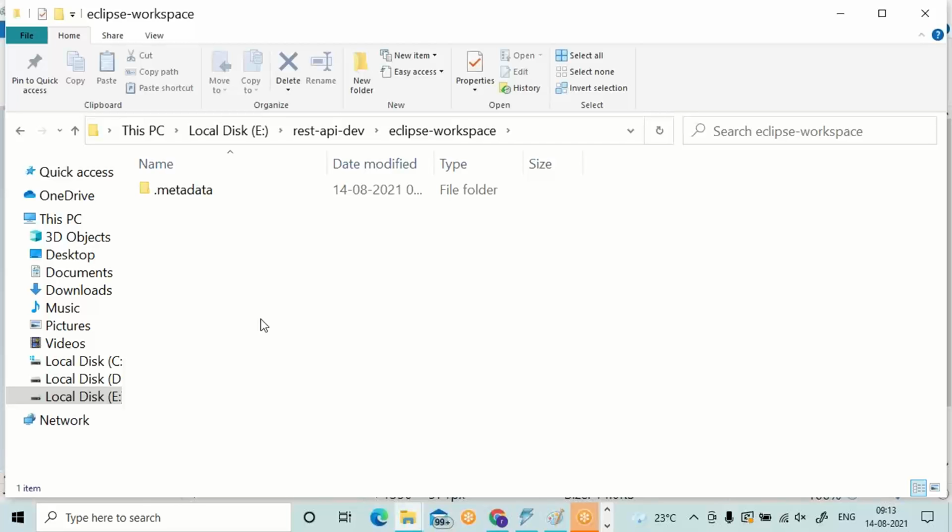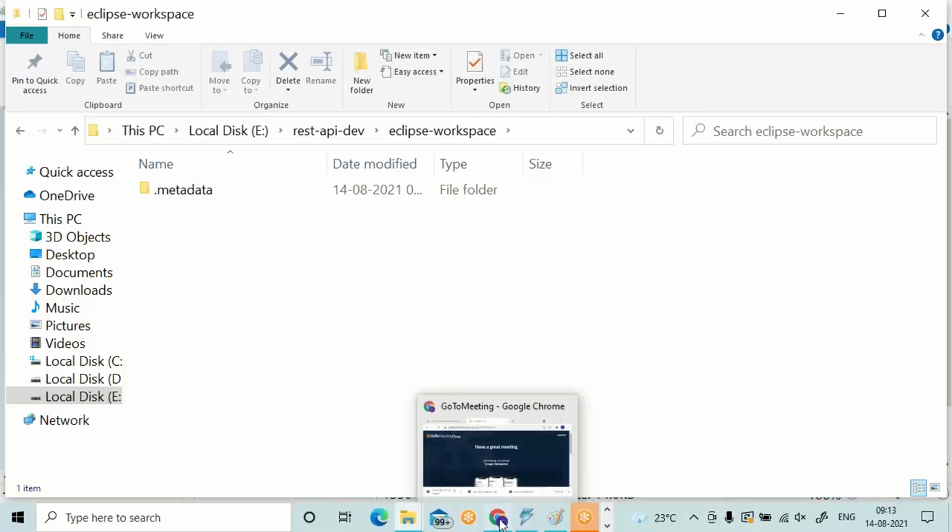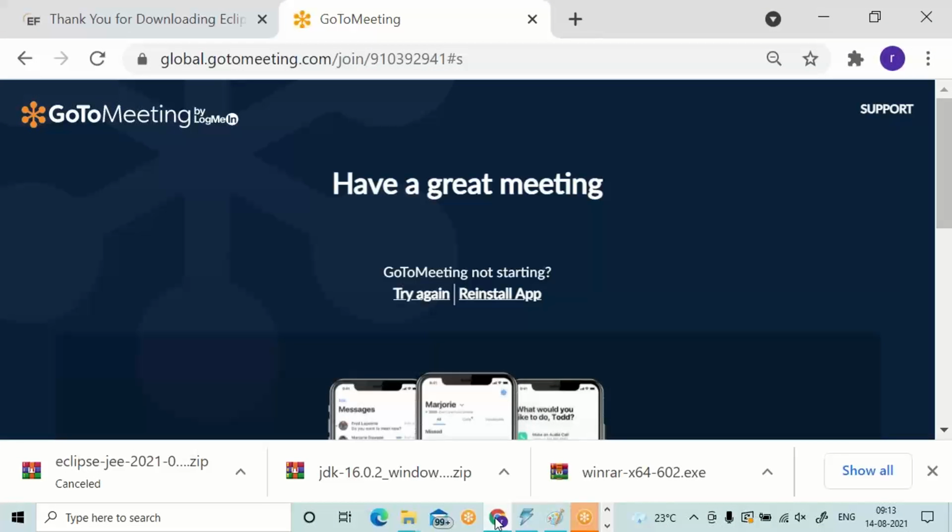Everybody, inside Spring, there is a Spring Boot module. While using the Spring Boot module, we can develop applications very easily.